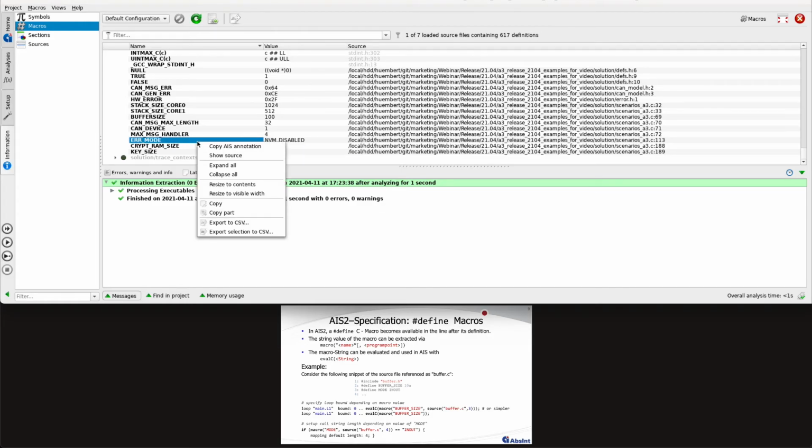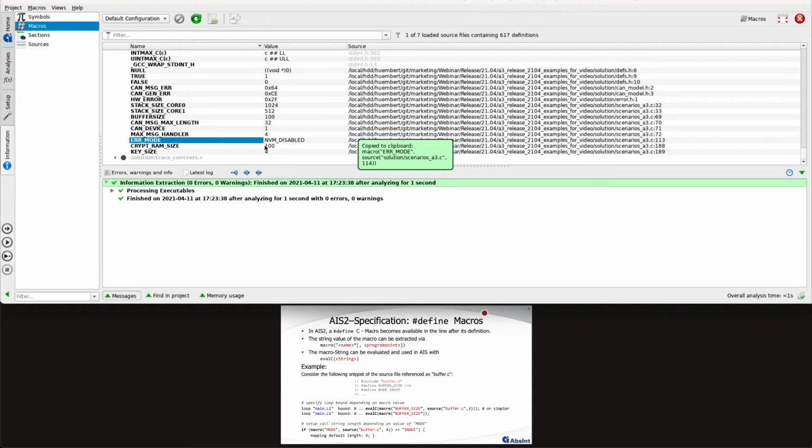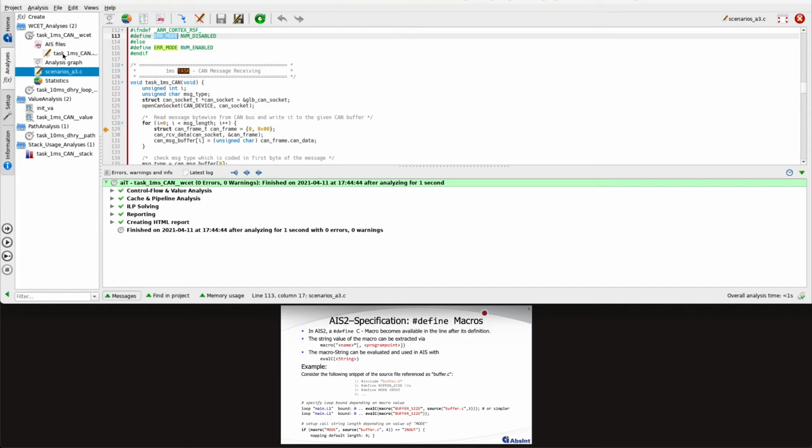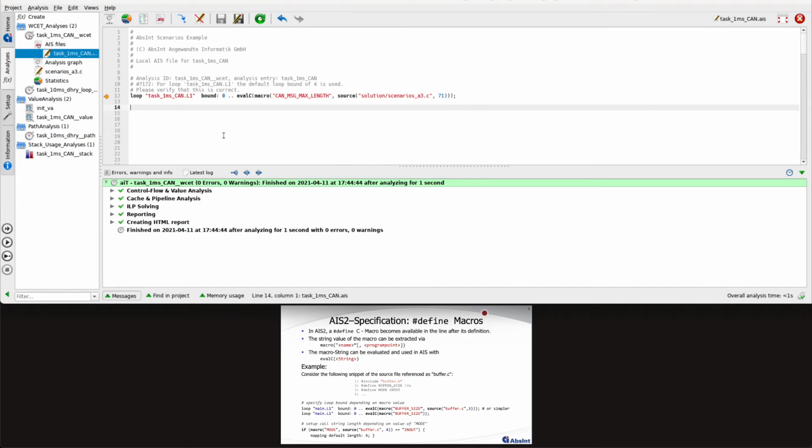So we can use that macro information inside of our AIS annotation, again by just copying it in the paste buffer, going back to our AIS annotation file, and we can keep it here and surround it by an if scope. We can check if this macro value was NVM disabled, only then